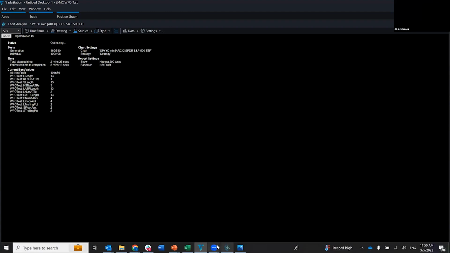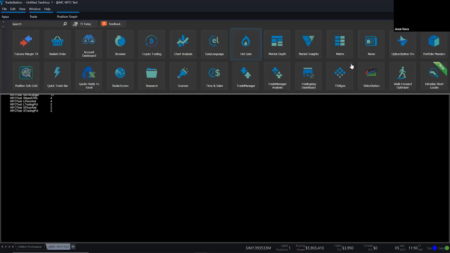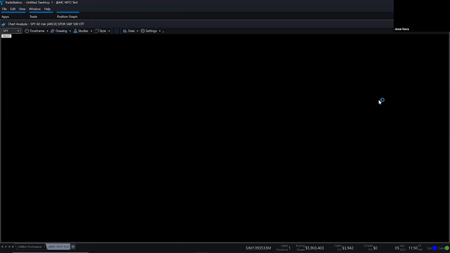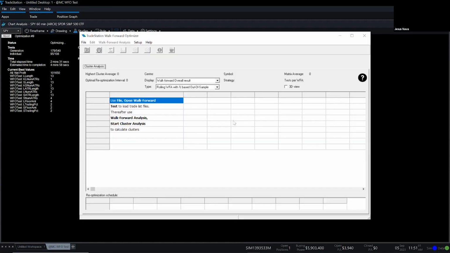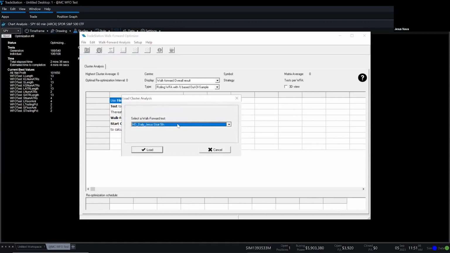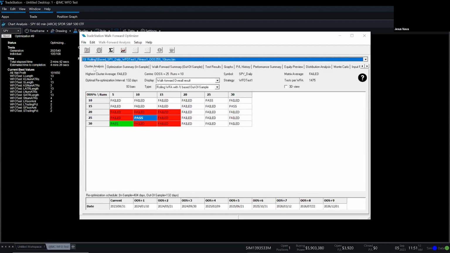Now, let me pull up the walk forward optimizer to show you something. Because I ran it earlier this morning and I have a result here. So let me load the result of this test that I did earlier. No, this is not the one that I ran. So file,